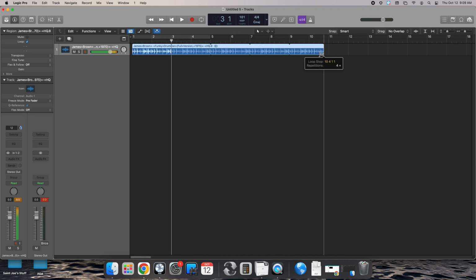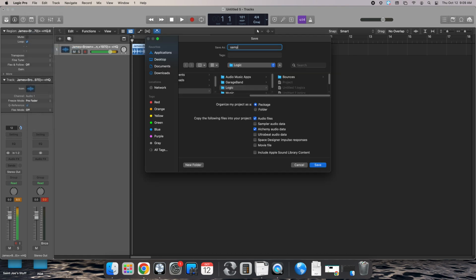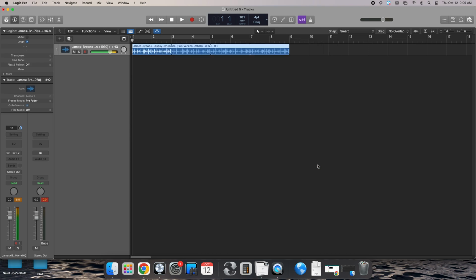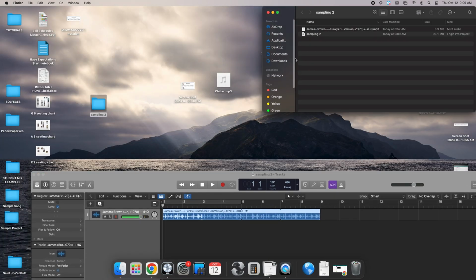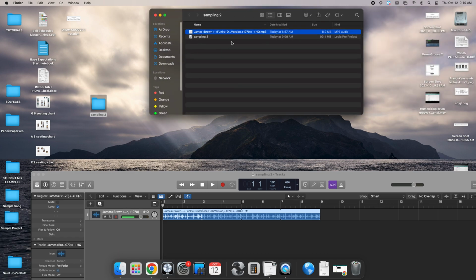All right, so now that we have all this, per the directions, you were to File, Save As, sampling 2 to the desktop, and I can save it right into the sampling 2 folder from here. I don't know if you'll be able to do that, but you can at least save it to the desktop and then drag it in later. So we ultimately want to end up with the Funky Drummer full version, the sampling 2